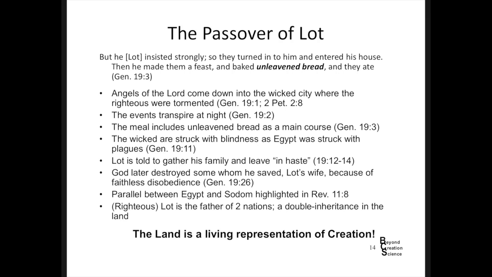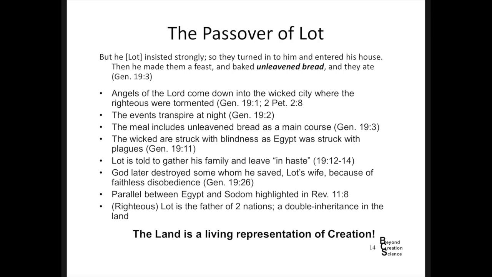And you can see all these details that are roughly familiar to some stories that come a little bit later in Exodus. The angel of the Lord comes down into the wicked city where the righteous were tormented. The events transpire at night. The meal includes unleavened bread as a main course. The wicked are struck with blindness, just as Egypt was struck by plagues. Lot is told to leave in haste, and God later destroyed some of those whom he saved, Lot's wife, because of her